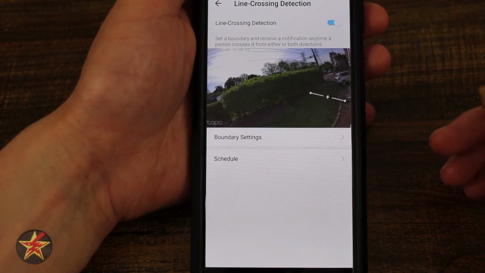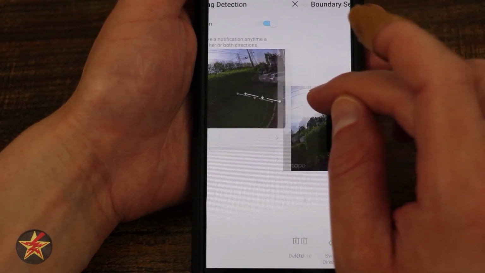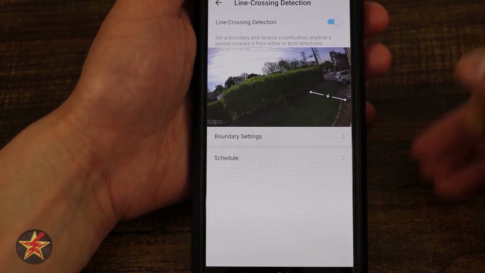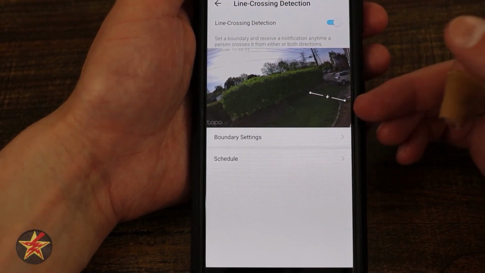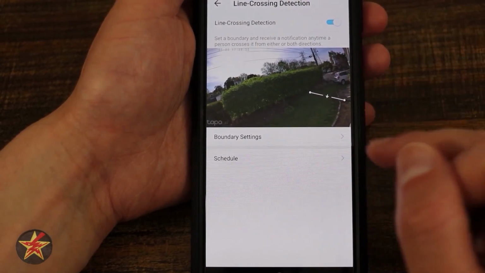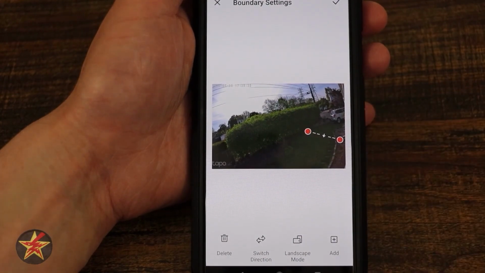This is something that I've played with before, and I like it. It makes a little line that says, hey, if somebody or something crosses this, let me know. My problem with this was even headlights, if they flash, they would send a notification. The one thing I do kind of like about this, if I go into the settings, notice the direction of